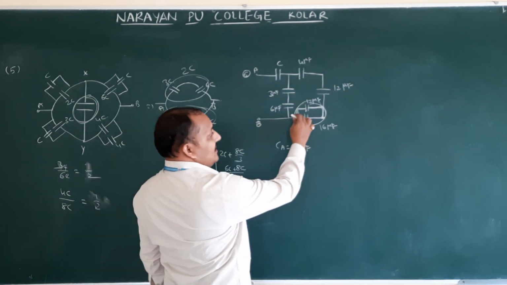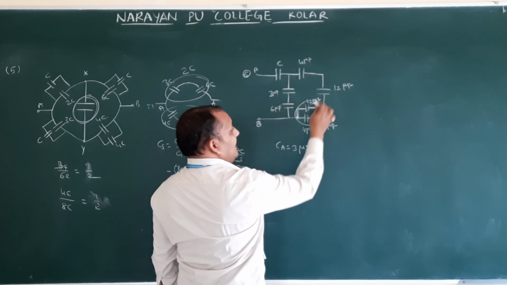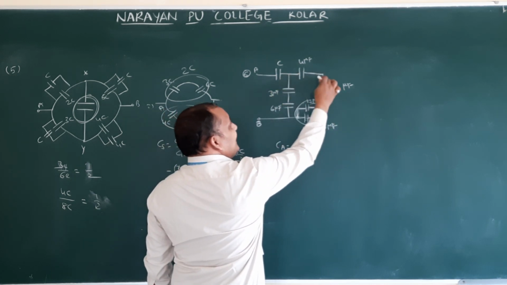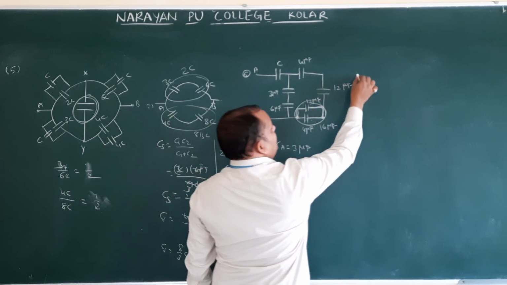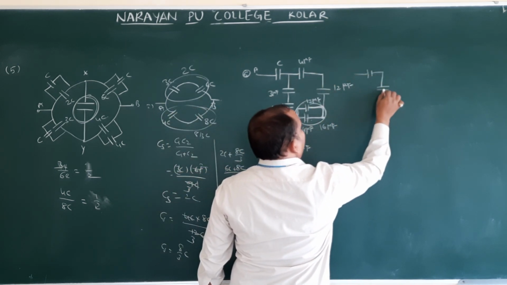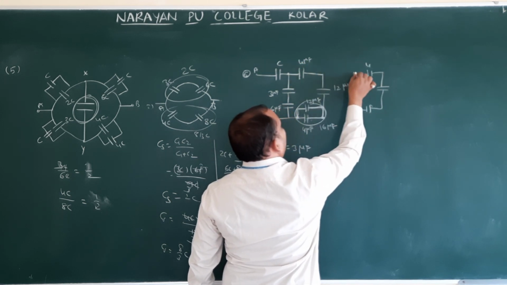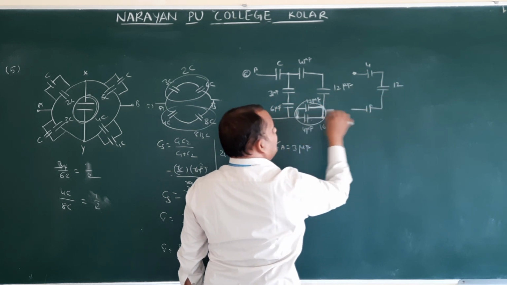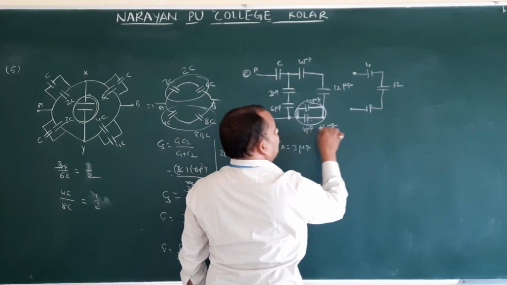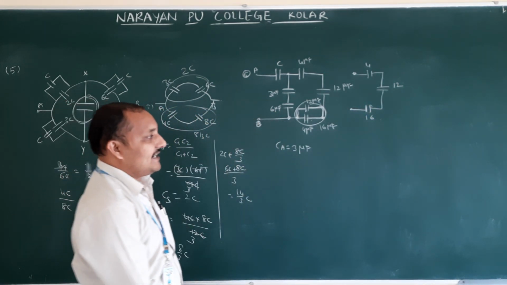You can try to draw. In place of these two, you can take 16. Here 4, here 12, here 16. How are these three connected? I am drawing from this point: 4, 12, and in place of these two, how much did you get up to here? 16 units. Okay, 4, 12, 16 are connected in series.